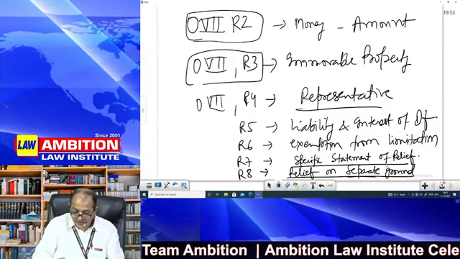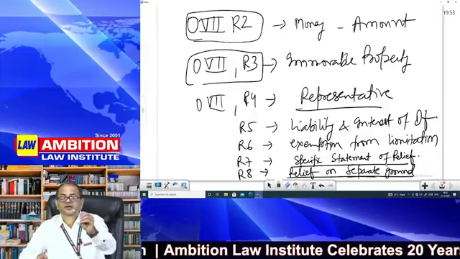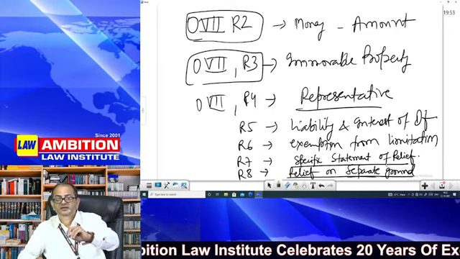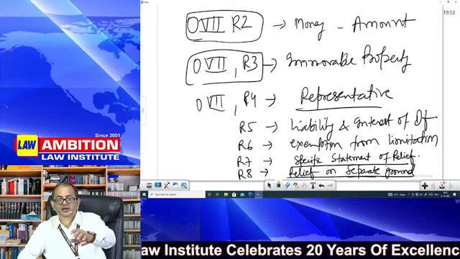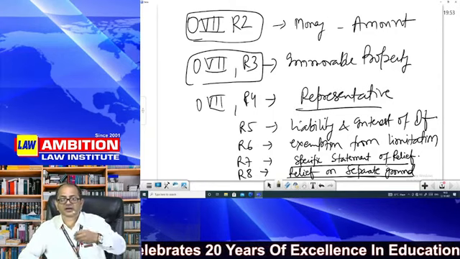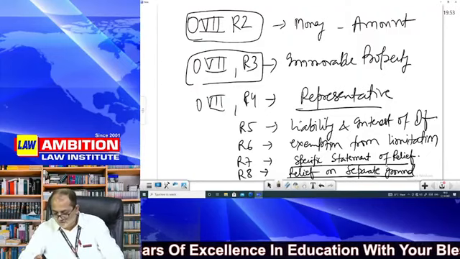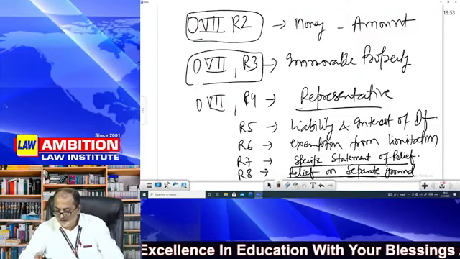Suppose it is my father's matter and I am going, then I am only a representative, right? So I have to mention that this property was bought by my father and now I am his successor, or now I am his representative, and I am coming in that capacity. So this is how it is done. Any other question please?